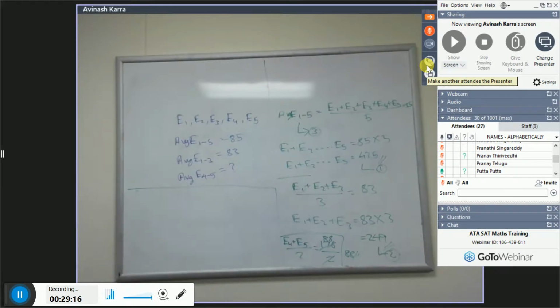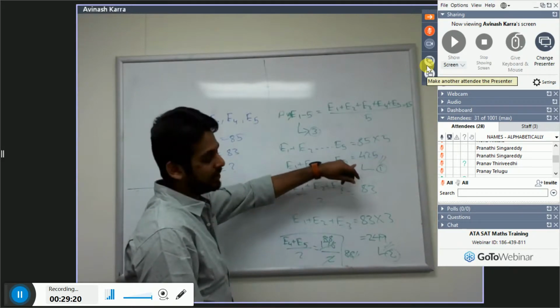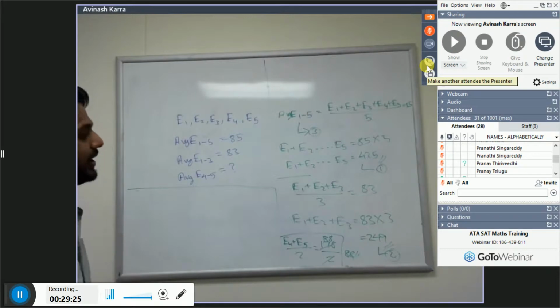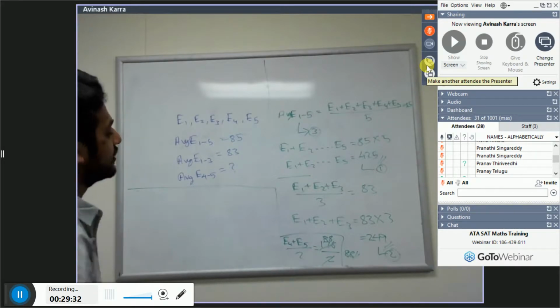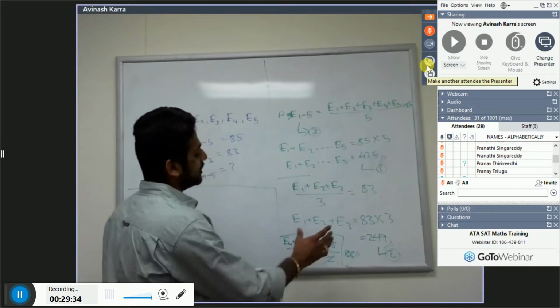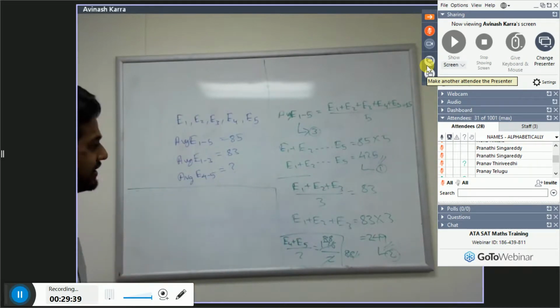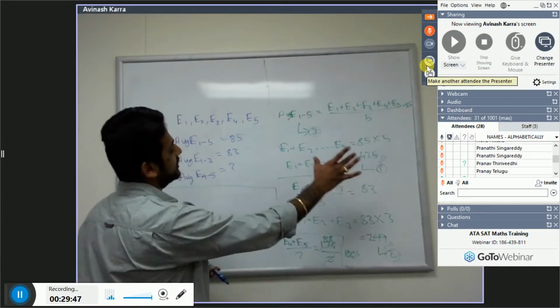So let me consider this as statement 1 and this as statement 2. Okay? What they asked is the average of E4 and E5, right? So now we need to find the value of E4 and E5. If I substitute this equation in this,